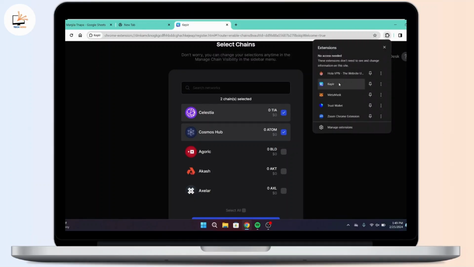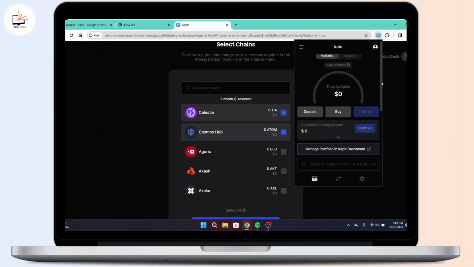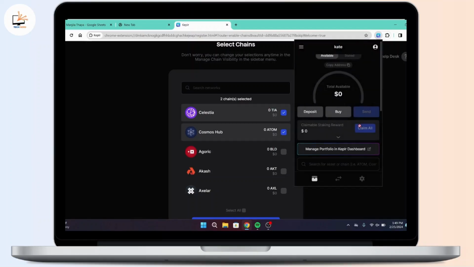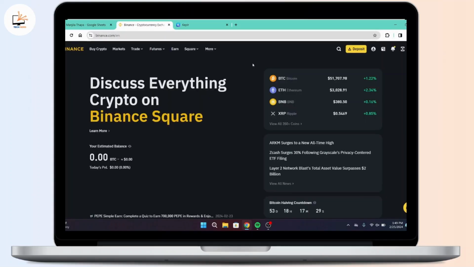Again, open up the Keplr. Now to transfer from Binance to Keplr, from this drop-down menu on Keplr Wallet, click on Deposit. Here, make sure you copy the address for Celestia. And once you copy, now you have to open up Binance again and make sure that you're logged in